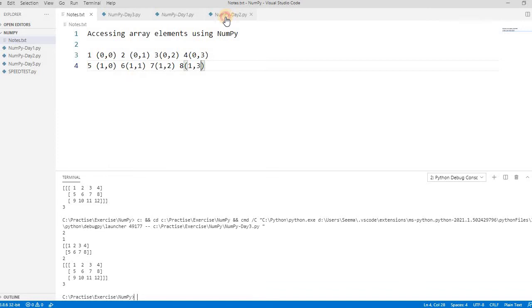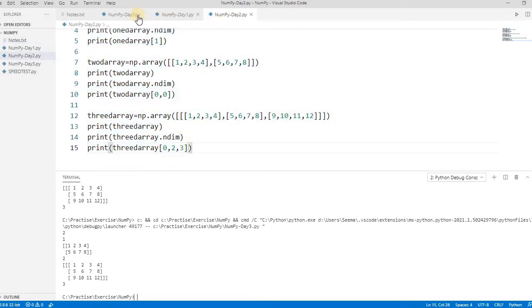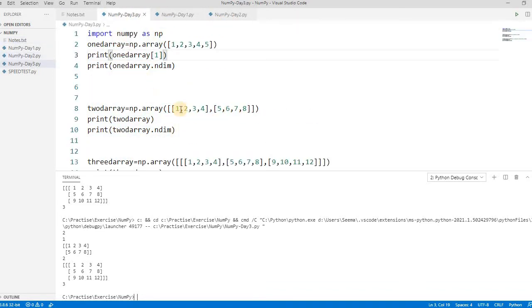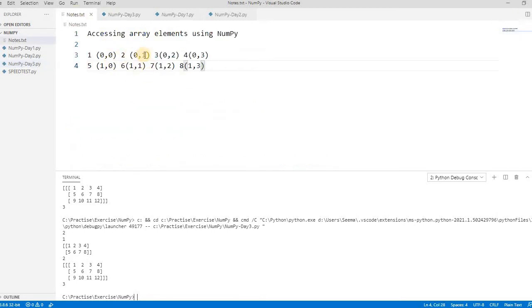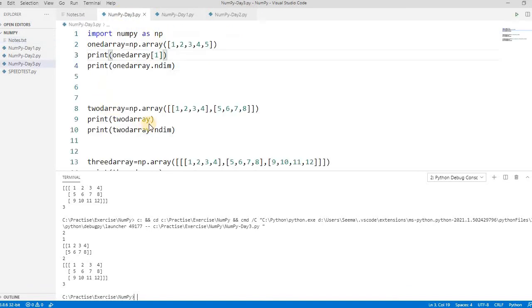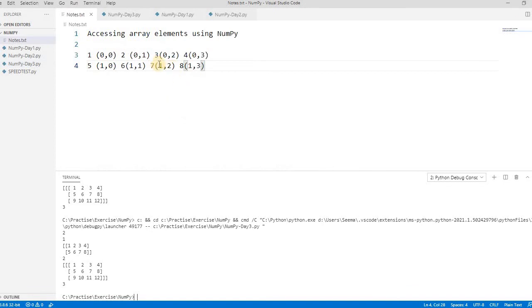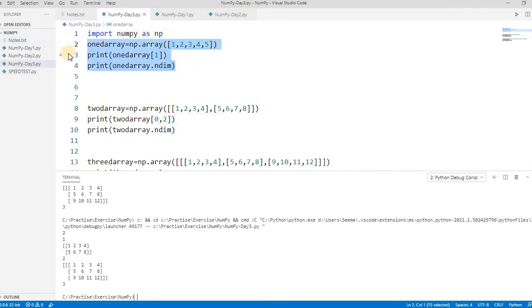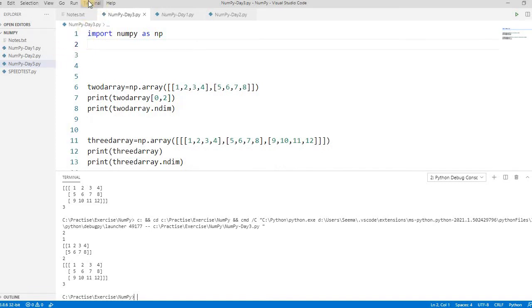So suppose we have to get the value of 2. It means that for accessing the 2, we have to write the index 0, 1. Let's see that. If we write 0, 2, then 0, 2 will be 3, right? 0, 2 is 3, and 0, 1 is equal to 2. So they are defining the position of the particular elements inside the NumPy array. Let's remove this because for one dimensional it's easy to use. Let's run this again.